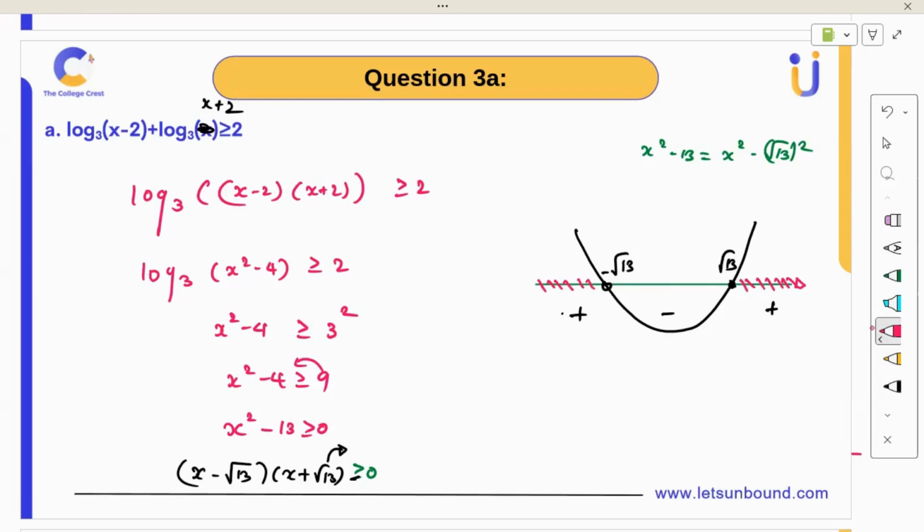But our input is dealing with log. This minus root, right, negative values, right? Yes, it shows it will give a positive answer, but first of all, these inputs will not work, right? You put some -5 here, it will collapse, right? So we can't use this. So only x greater than or equal to root 13. In interval notation, we can write it as from root 13 to infinity,